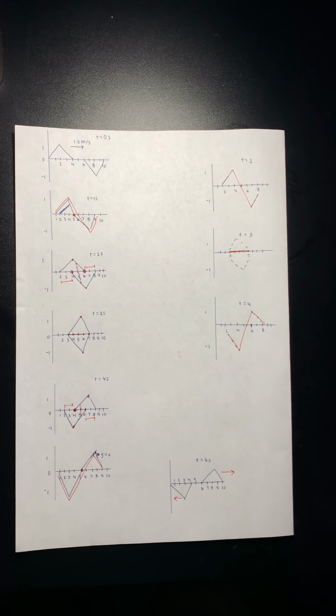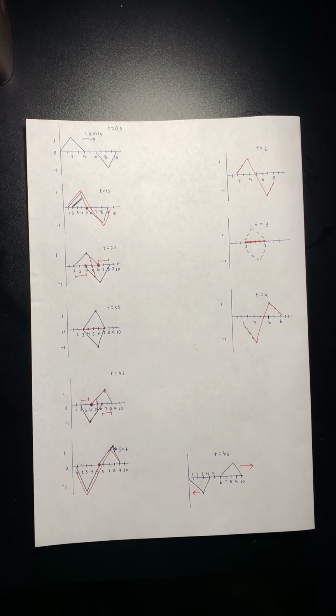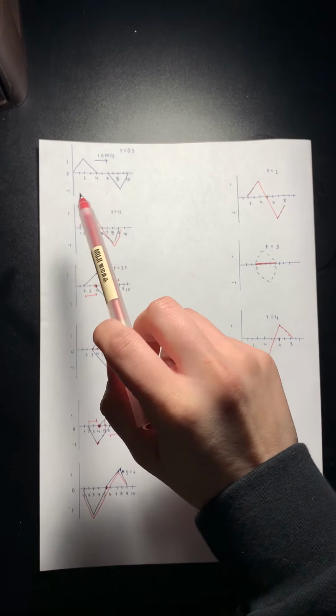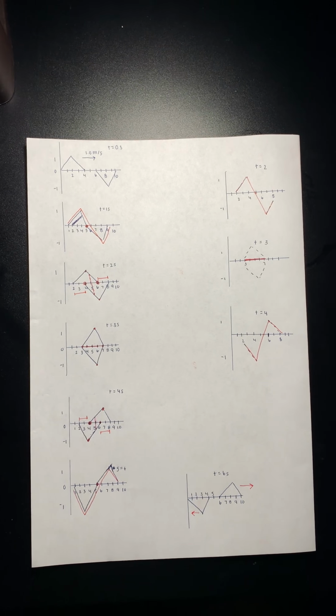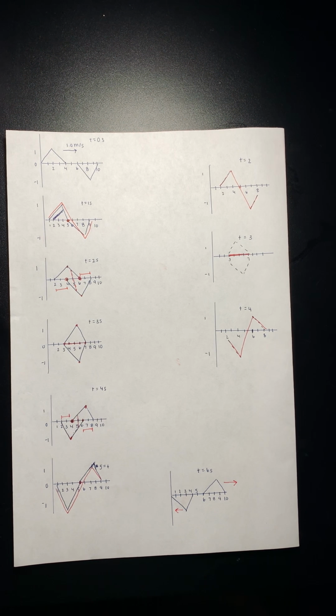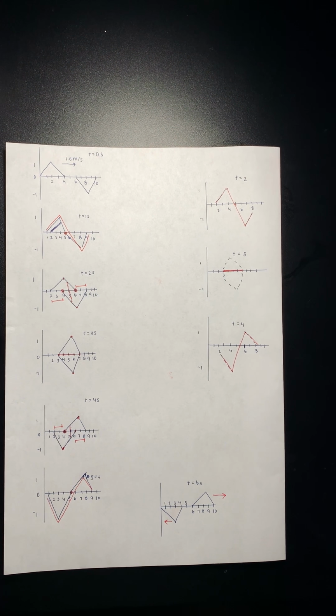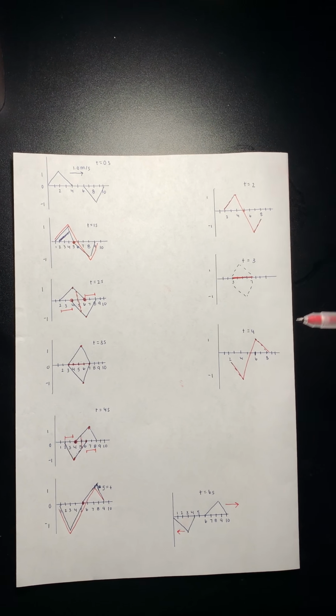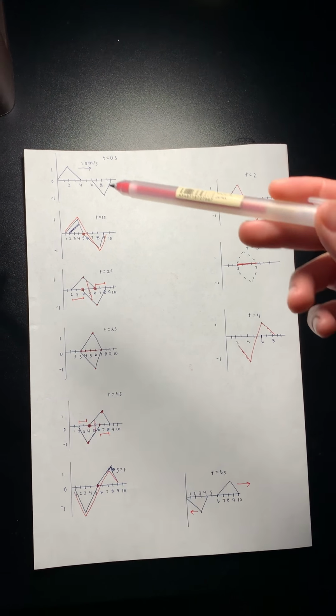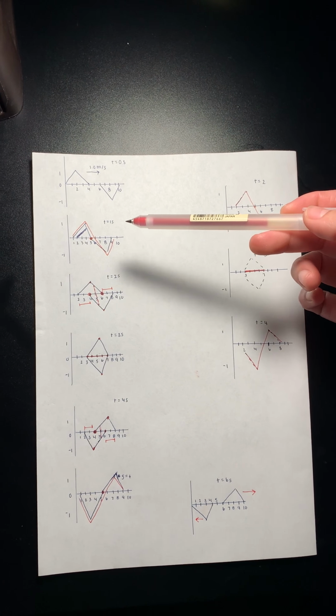So in problem number 1 from homework number 2, we are given a graph of two waves at t equals 0 seconds, which is shown at the top. And we are asked to draw 6 snapshot graphs stacked vertically showing the strings at 1 second intervals. So I went ahead and everything in red is going to be a redrawn graph or me explaining how I achieved these graphs, why some graphs didn't change, or why some look the same as they do in